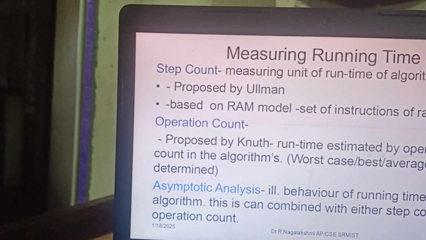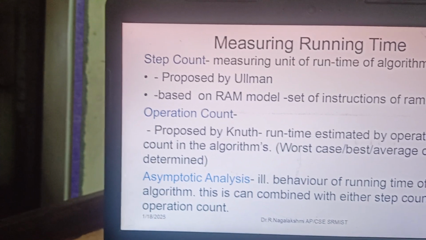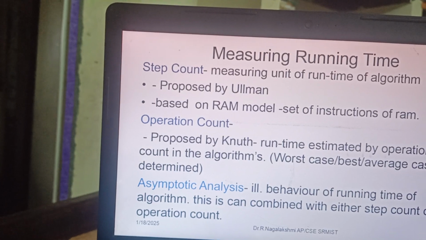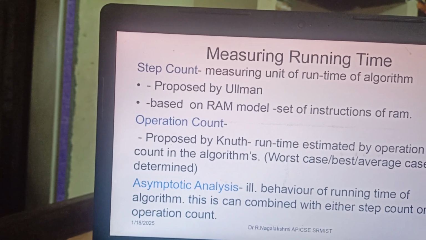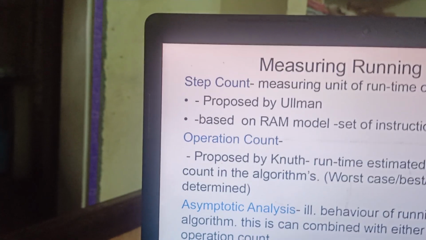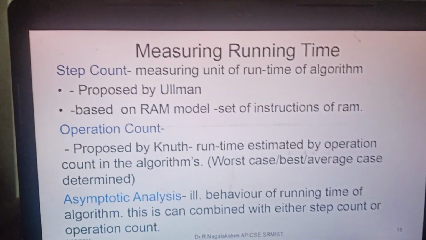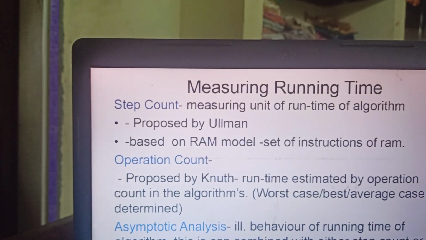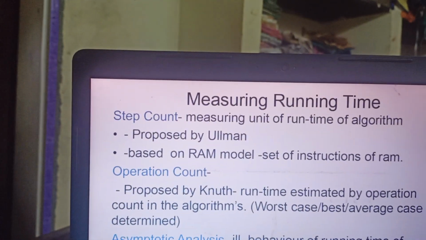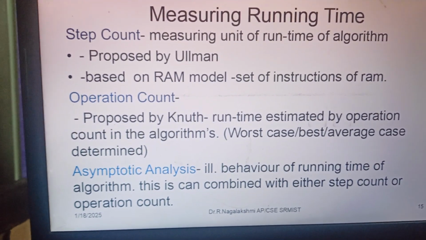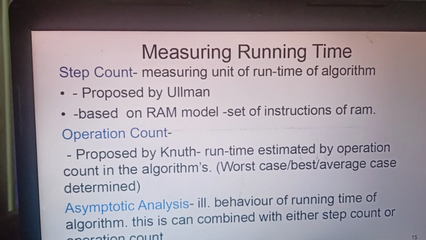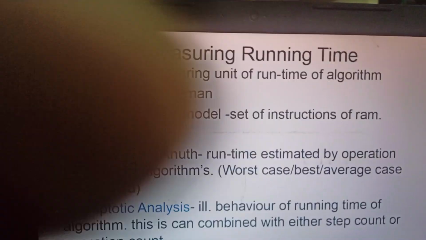In real life, for measuring rice we say 1 kg or 2 kilograms of rice, or a 25 kg rice packet, like that. Here the unit of measure is the step count, that is, the number of lines in the algorithm. This was proposed by the scientist Ullman. Basically, it is based on the RAM model. The set of instructions is